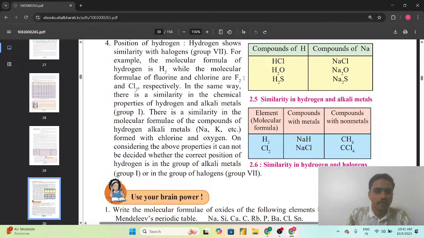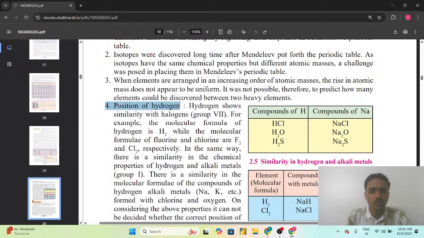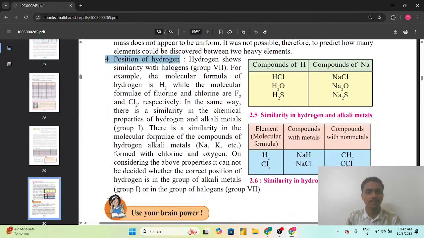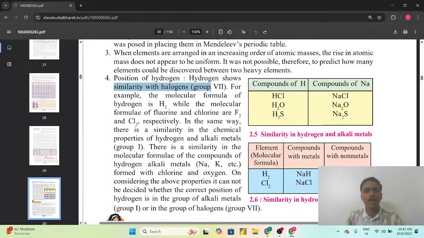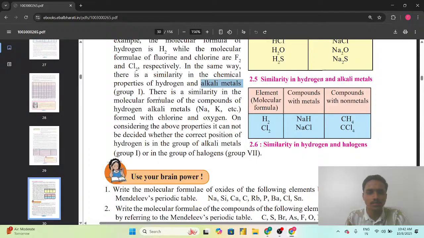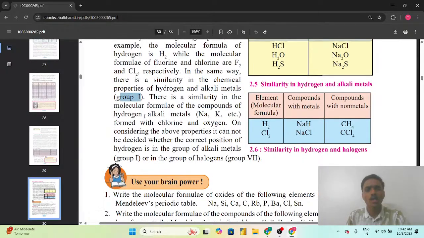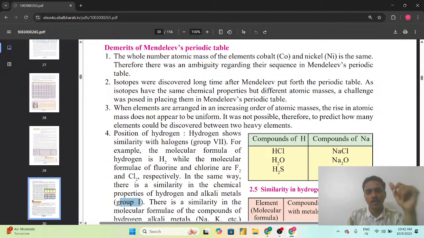So later we are going to see one of the demerits, that is the position of the hydrogen. Hydrogen shows a similarity with the halogens, that is the group 7. For example, the molecular formula of the hydrogen is H2, while the molecular formula of the fluorine, chlorine, that is the F2 and Cl2 respectively. In the same way, there is a similarity in the chemical properties of the hydrogen and alkali metals, that is the group 1. मतलब यहाँ पर जो पोजीशन ऑफ हाइड्रोजन थी तो उसके अंदर भी यहाँ पर एम्बिग्यूटी आ गई